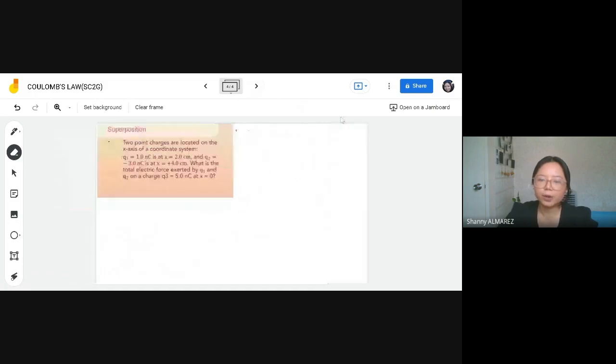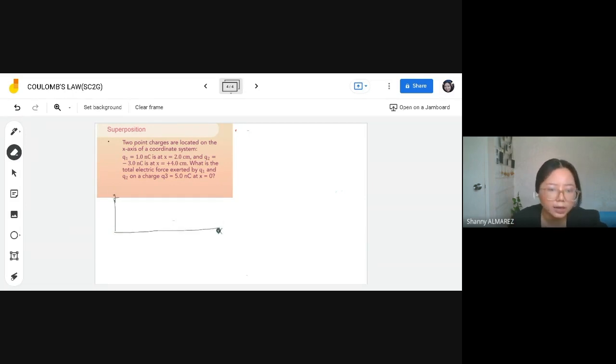So this, again, example involves 3 different point charges. Ay, 3 na siya. And again, if you already know the concept, magigets nyo na to. Or magiging simple na lang siya para sa inyo, kahit na nagkaroon ng additional charge. Okay? Sige, so let's proceed with our example number 3. So this time, 2-point charges are located on x-axis of a coordinate system. So, illustrate muna natin. Ay, gamit ako ng color black. So, if this is our, ayan, x and y.